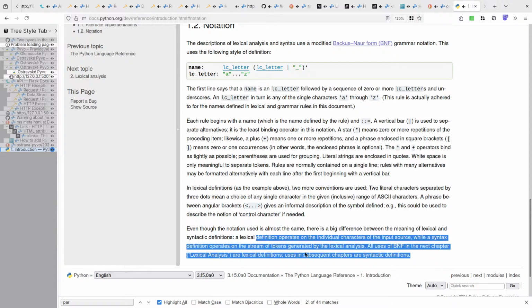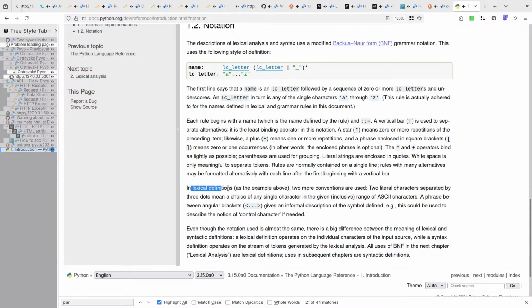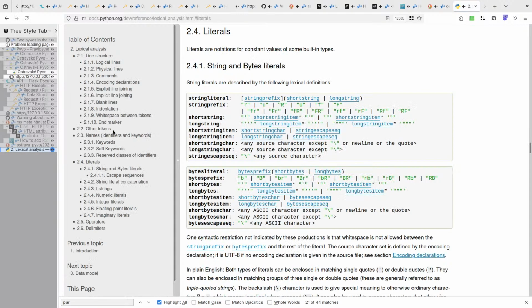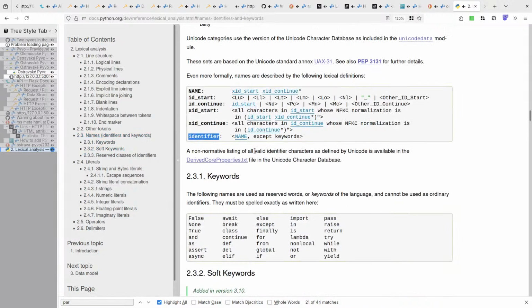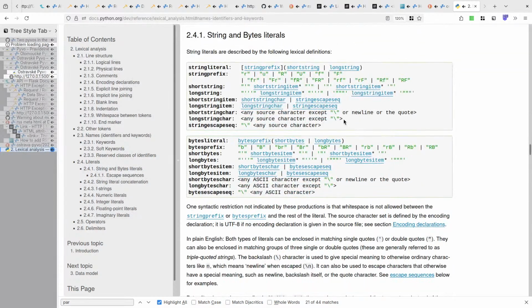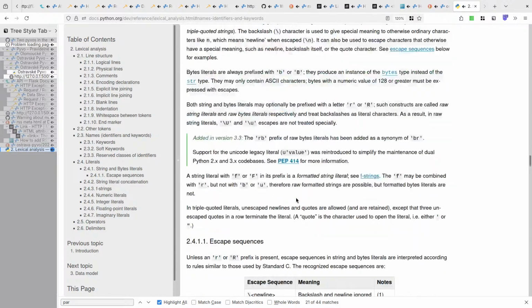Now this says as much. So lexical definitions operate on individual characters, so this would match a character. But I think I already broke that with names, where I say identifier is a name except keywords, and of course a name can be longer. It's probably better to not limit it to individual characters.